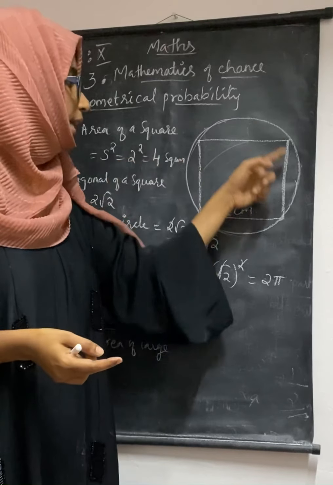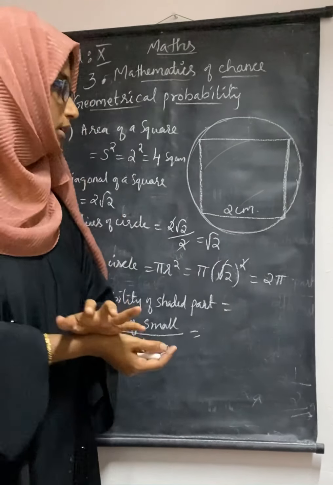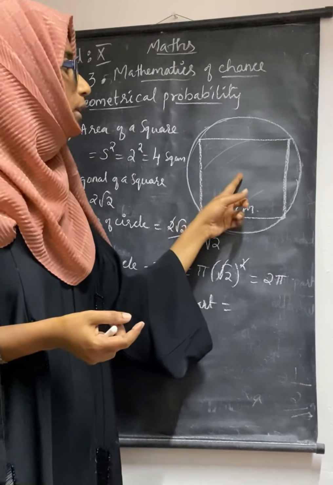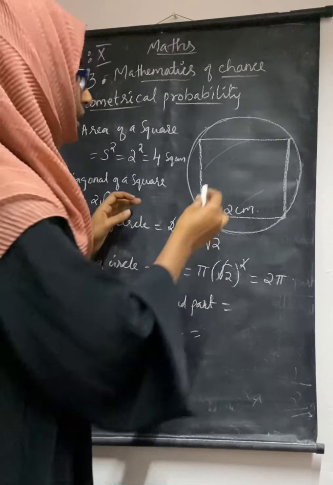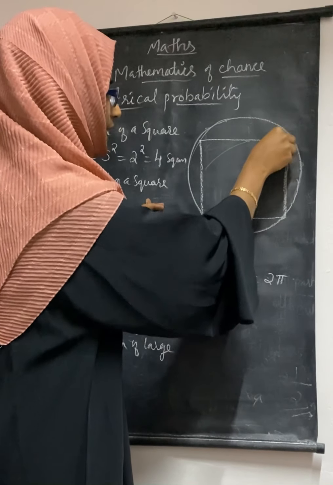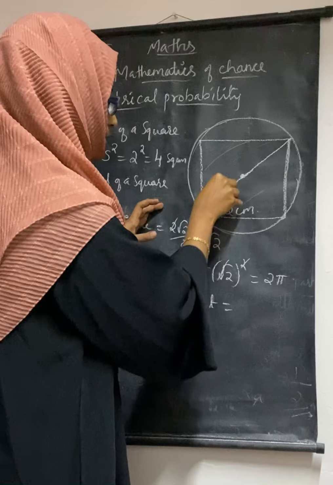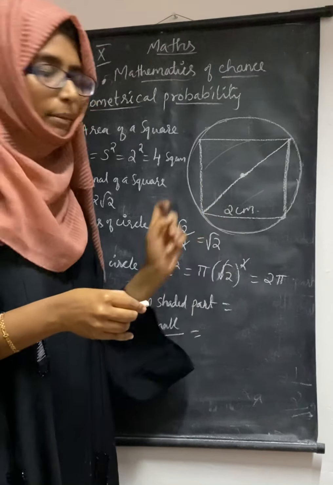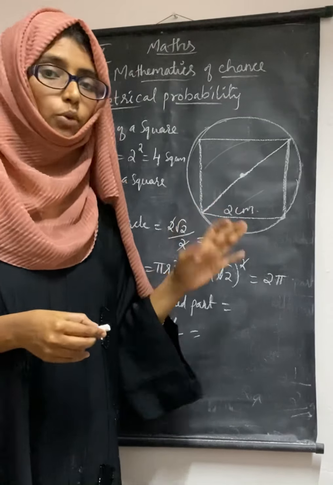Now we want to find the area of the circle. What is the formula for area of the circle? Pi r square. Already you studied pi r square. So there you need r. R means what? It is the radius. From the center, if I choose here, a radius can come from here to here. If I draw till here, it is showing the diameter. Whether radius is given here? No, it's not given.